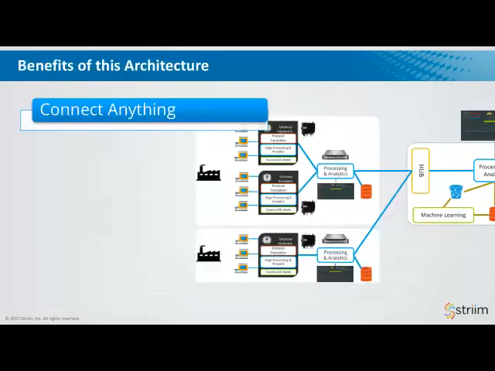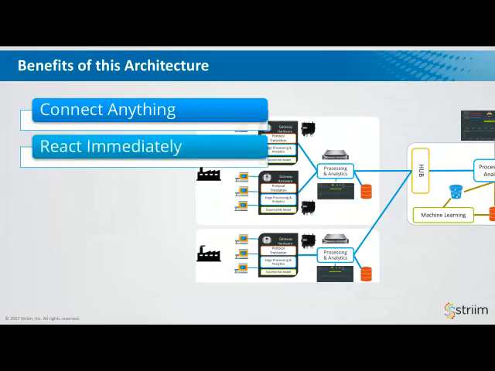So if you have an architecture like this, it's enabling you to connect anything, because you have the internet-enabled IoT, which you can already talk to. You already do MQTT, AMQP, TCP, HTTP, whatever protocol it's using. But you also have the protocol translation gateway that has modules that allow you to speak to BACnet and Modbus and OPC UA and all these other things that talk to more and more devices.